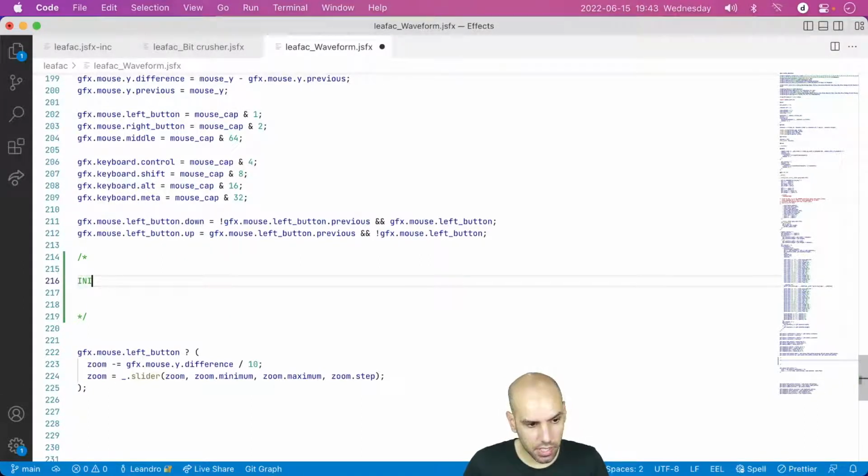We'll have the initial state, and then you click and you go into the first click stage, and then you click